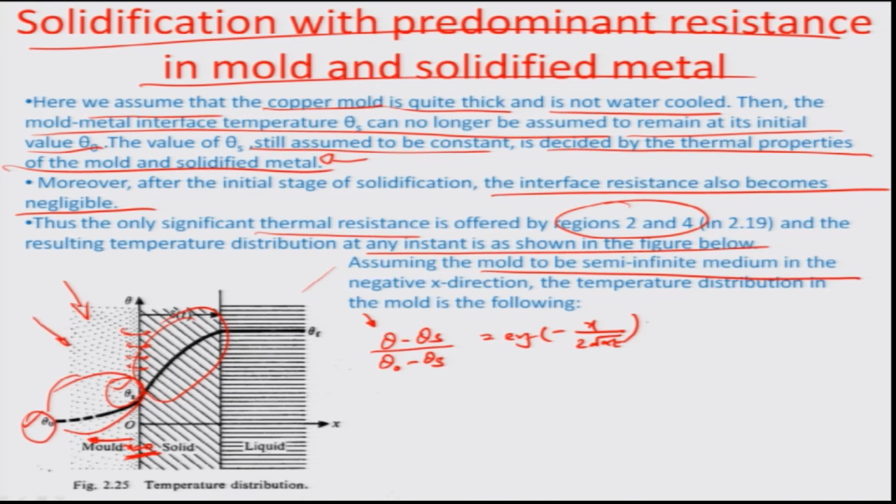So, this is for all the x less than 0, because obviously corresponding to x more than 0, the temperature would be higher, because the solidified metal would be at a temperature at least freezing point or higher, and the liquid is even beyond that. Okay. So for x less than 0, this would be the relationship that holds, and in the solidified metal,